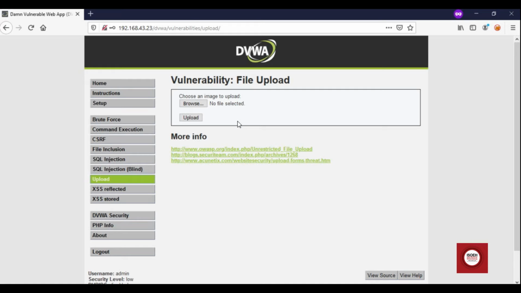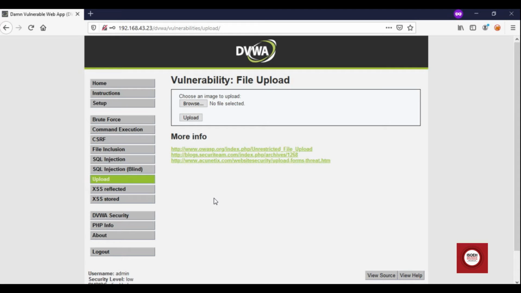Now if this takes place, a hacker can easily exploit this kind of vulnerability by uploading a malicious file. Say this web application is developed using PHP, so I can upload a malicious PHP file and later use that file to exploit the web application. Another important thing I have to find out is where this web application is storing the file.